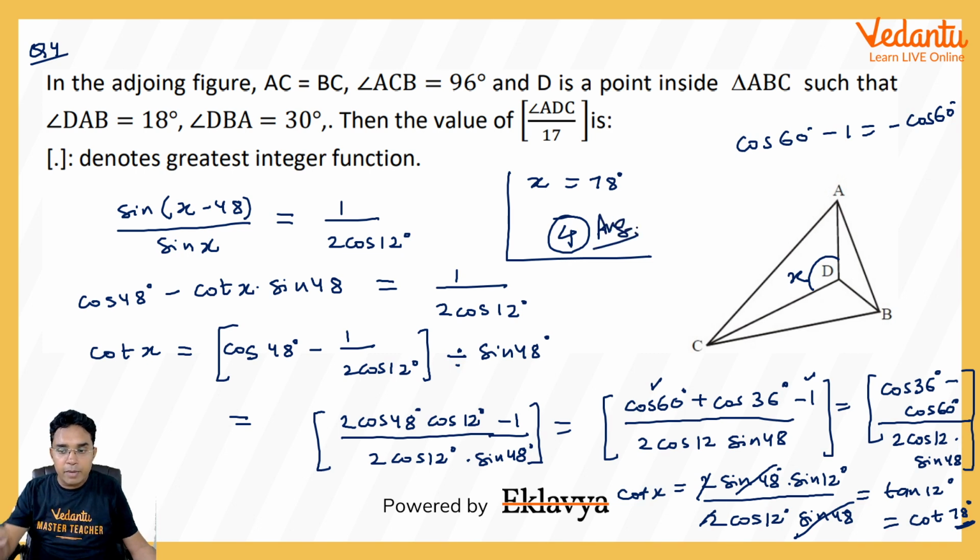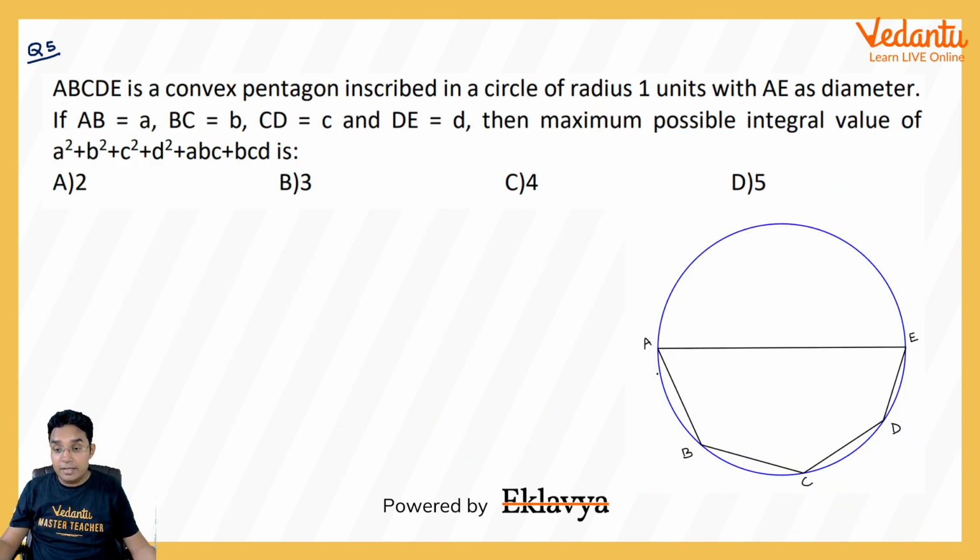Okay. Now coming to the next question, very interesting question, question number 5. We are given that ABCDE is a convex pentagon inscribed in a circle of radius 1 unit, where AE is the diameter. We are given AB as a, we are given BC as b, we are given CD as c, and this DE as d. Then what is the maximum possible integral value of a square plus b square plus c square plus d square plus abc